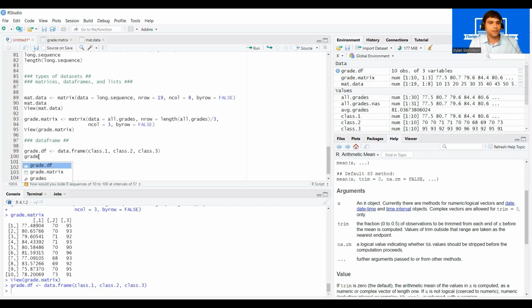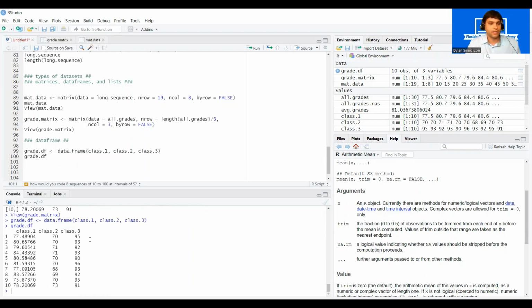So I'm going to type grade.df, and I can look at the whole data frame simply by just printing it. We can see our 3 different columns. The grades in class 1, class 2, and class 3. And now we have column names represented on all of our columns, which wasn't the case when we had a matrix. And I'd also like to show you guys another important concept when you're working with data frames,